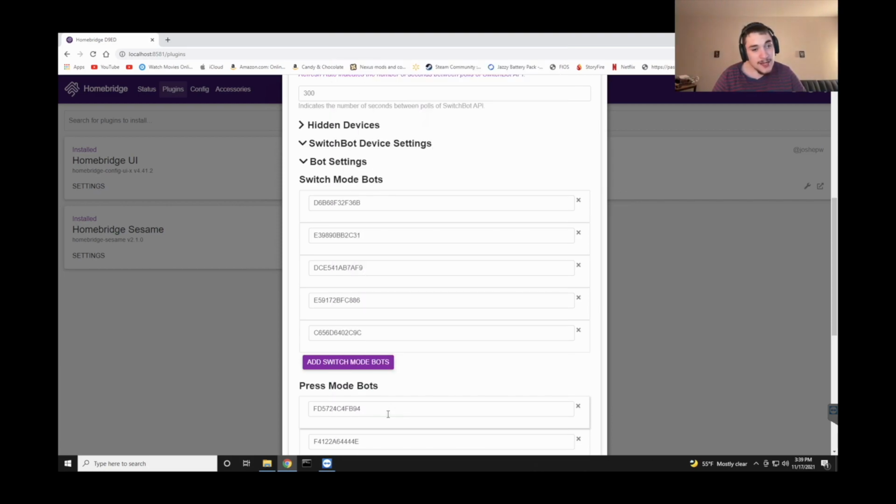I spent 3 days trying to figure out why my Switchbots weren't working, because they were showing up in the Home app, but it was not working with Homebridge. And after 3 days, the reason for them not working was because I did not remove the colons in between the MAC addresses. As long as you have no colons in your MAC addresses for your Switchbots, then they will